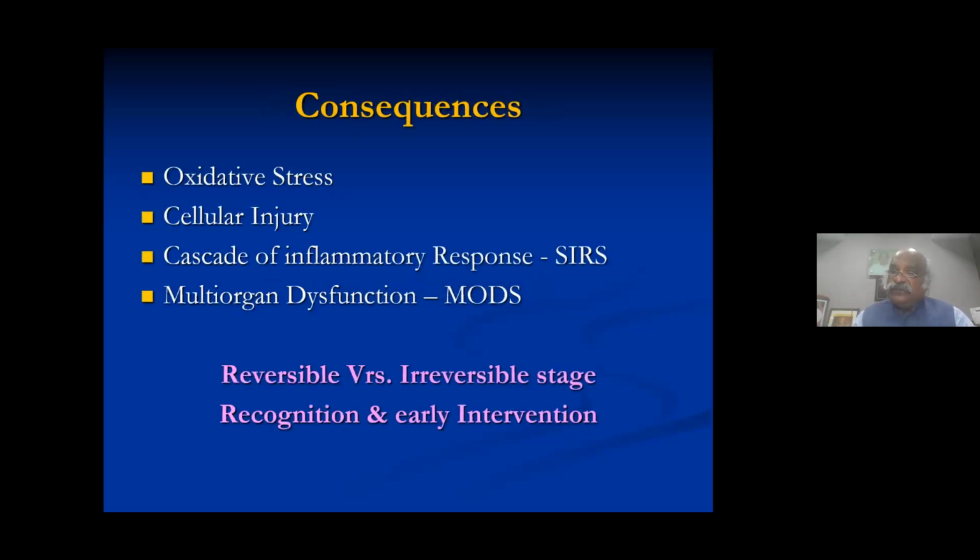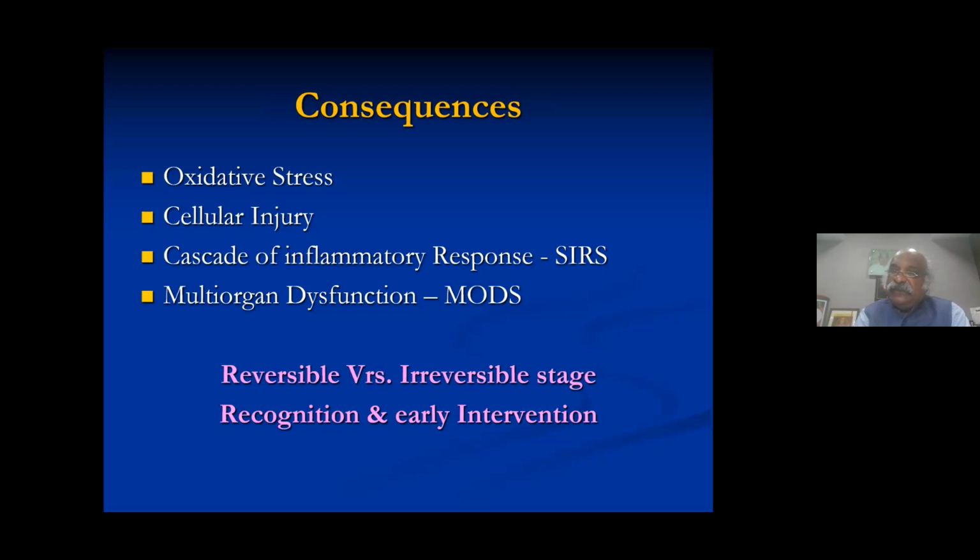And therefore, the consequences: once tissue hypoperfusion occurs because of this circulatory disturbance, either because of pump failure or because of a problem in the peripheral vascular resistance, tissue anoxia occurs. Cellular energy injury occurs, oxidative stress occurs, and a cascade of inflammatory response occurs. A shock-induced systemic inflammatory response syndrome occurs. Or if it advances to the decompensated phase, multi-organ dysfunction, MODS, occurs, and tackling it is much more difficult.